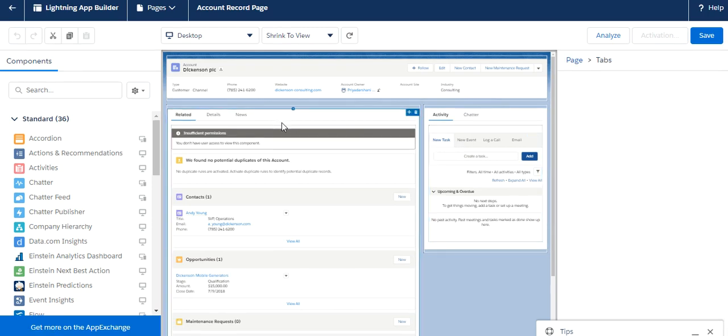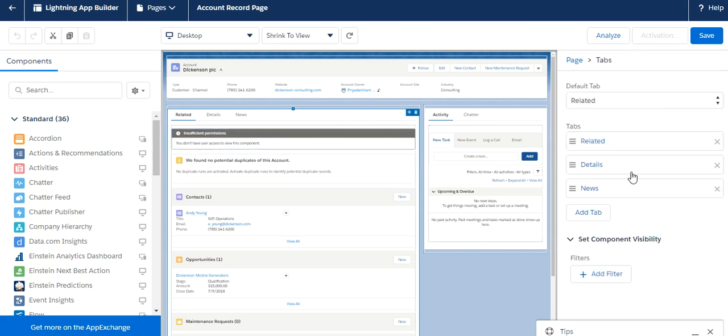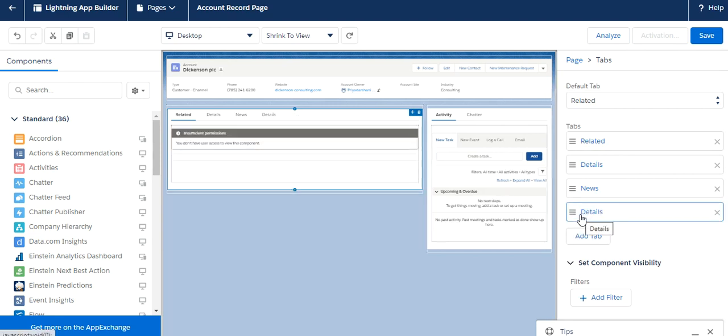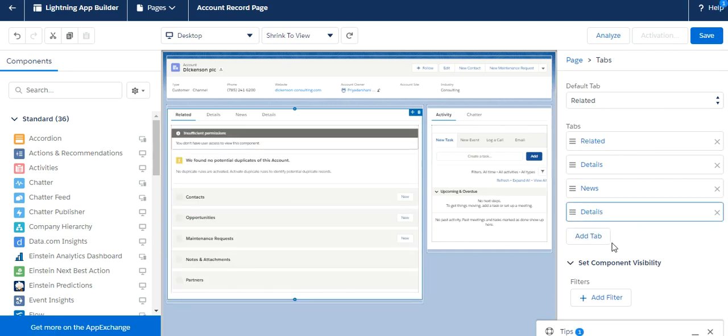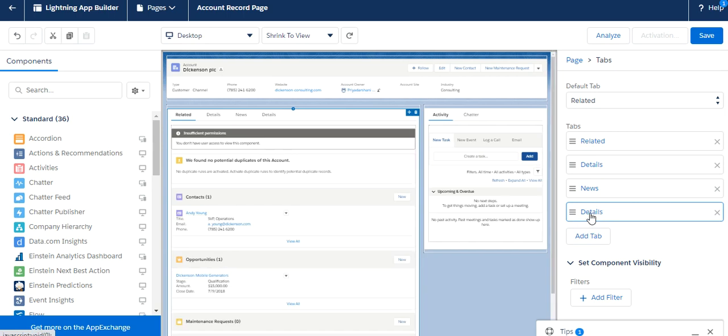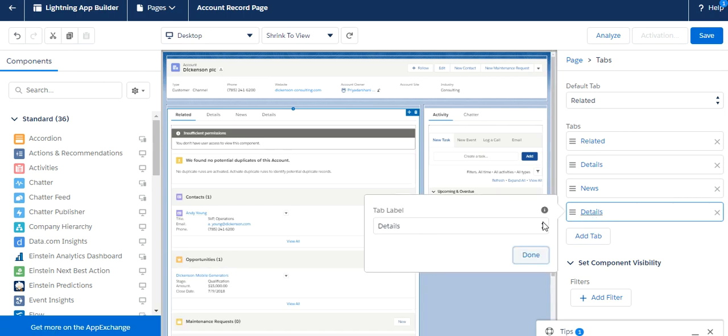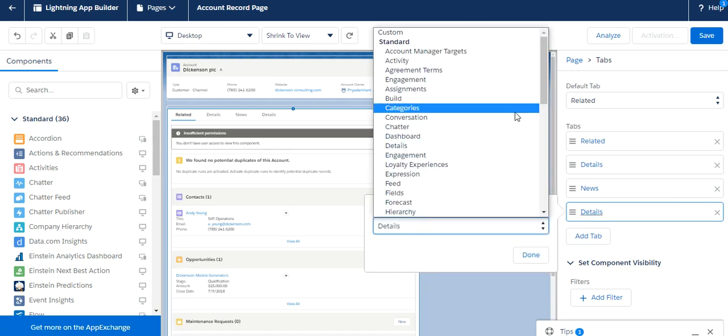Just suppose I want to add one more section in this component. How can I do this? Just click on this. Here you can see we can add a tab, so we can add a tab. After adding the tab, we can change the field name from here.